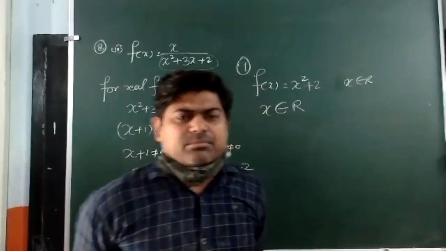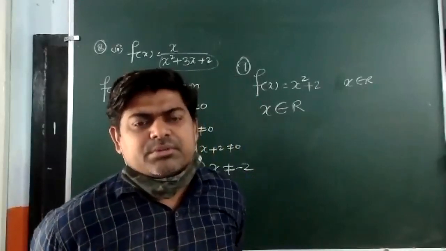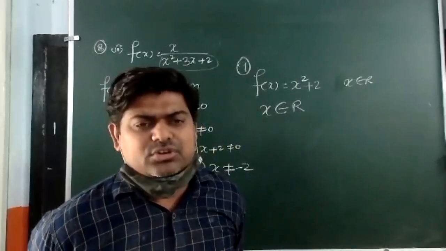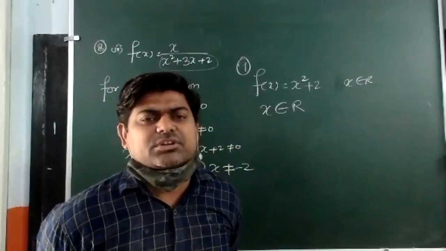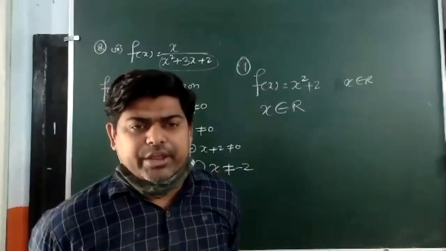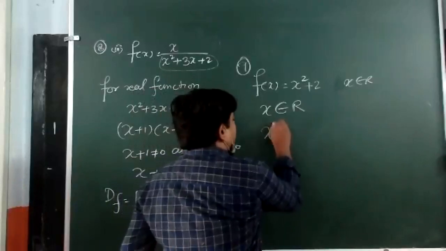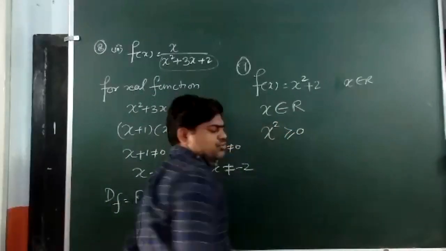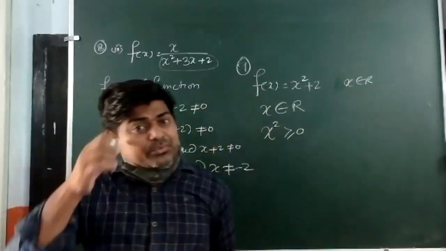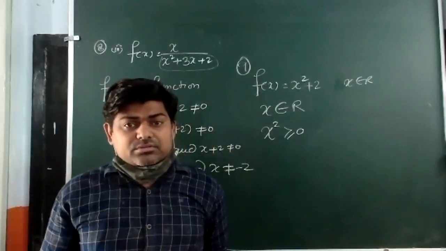The square of a real number will always be non-negative, because 0 will also come. So only saying positive is not correct. I can say it's not negative, it means greater than or equal to 0. So when I take x square here, it will be greater than or equal to 0. Say yes or no. Is it or not?